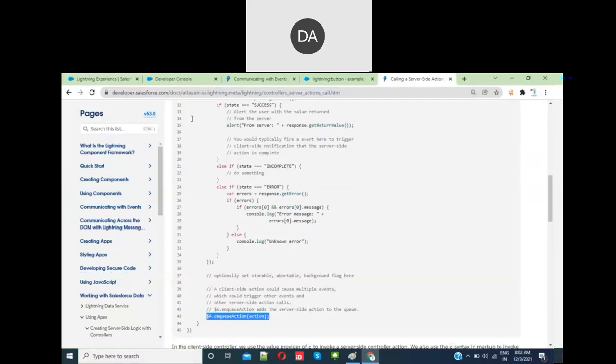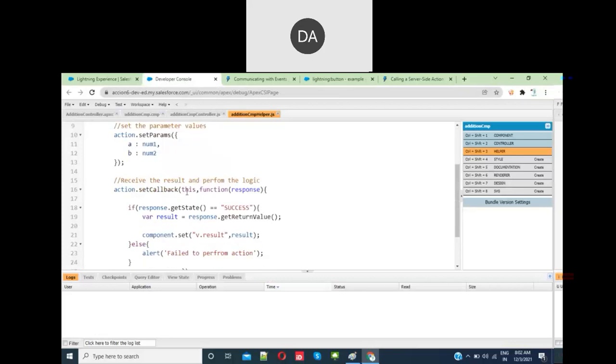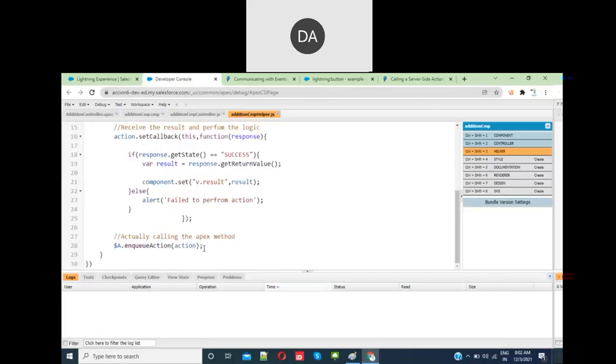See here, you can see response.getState. So if state is success, use this. Or if it is failure, state is incomplete or error. You will get all this. So response can give the error. Okay. So then if state is success, let's go on. State equals to